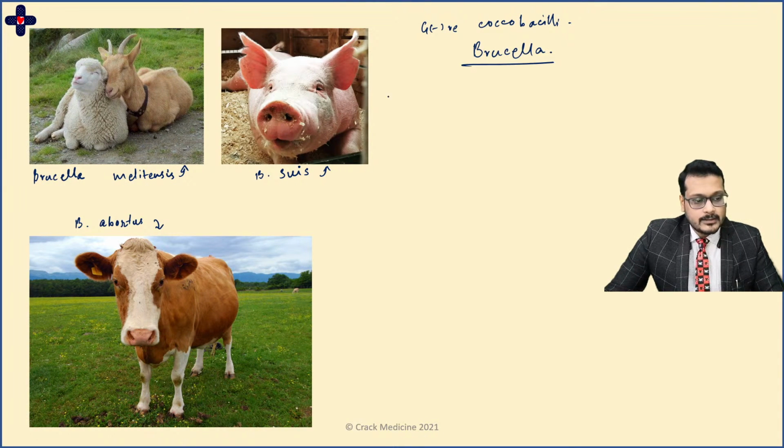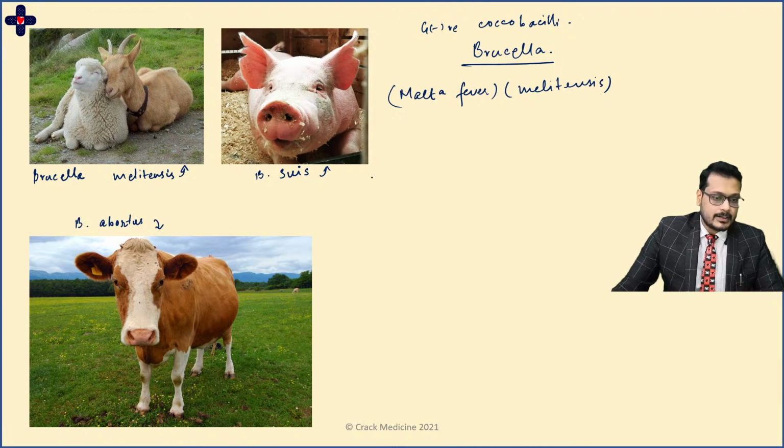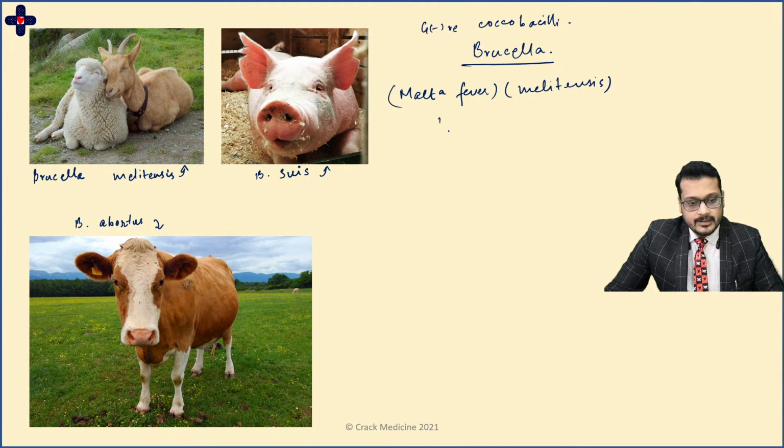Right. So Brucella melitensis, also known as Malta fever. Okay, so now you understand this is one of the big reasons why you shouldn't have unpasteurized milk, and so you can advise your patients as well. It happens usually via consumption of unpasteurized milk from sheep, and you can also have occupational exposure.